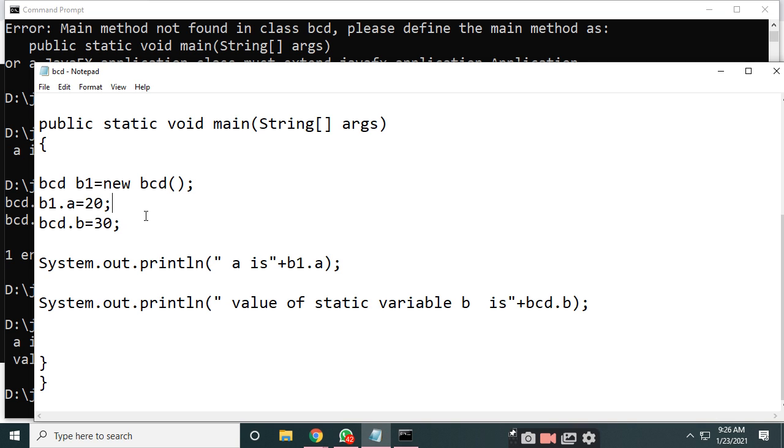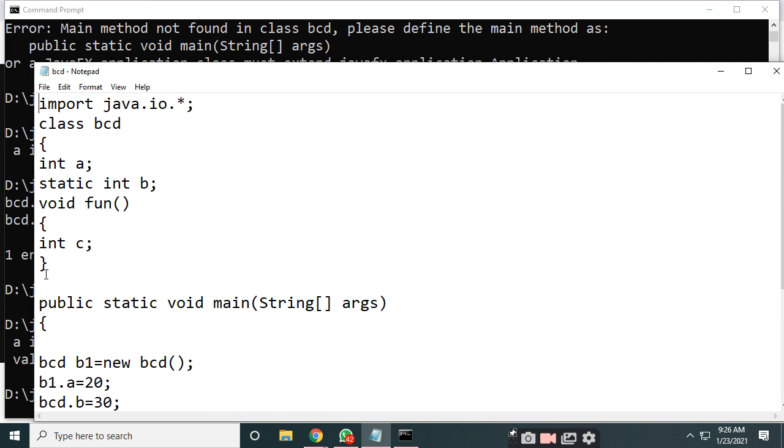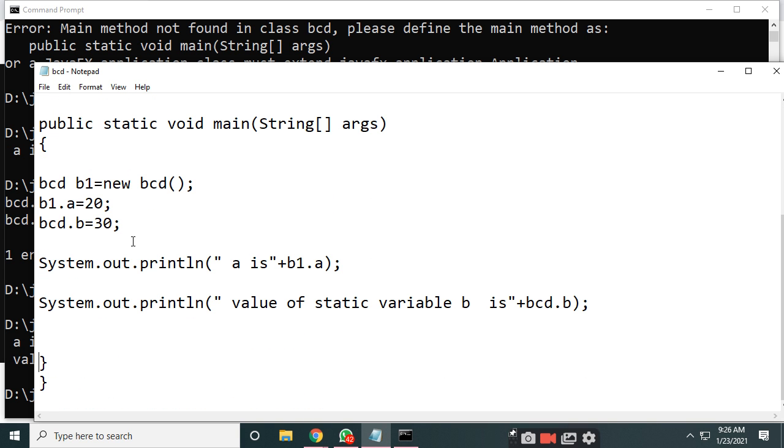Then variable c, which is defined inside the function, is not accessible outside the function. Suppose you try to access it by using the class object as well as by the class name, it is not available outside the function.